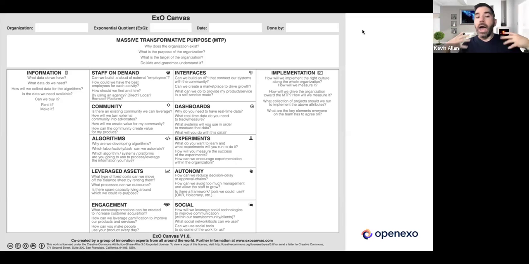Now, obviously, what I'm sharing today is very much a step 1 in becoming an exponential organization. It's understanding where you are, from the EXQ point of view, and then it's looking at the canvas and saying, where are we and where do we want to go? That's very much a step 1. And as an organization, you then can make a decision in terms of this implementation column as to how you actually want that roadmap to look.